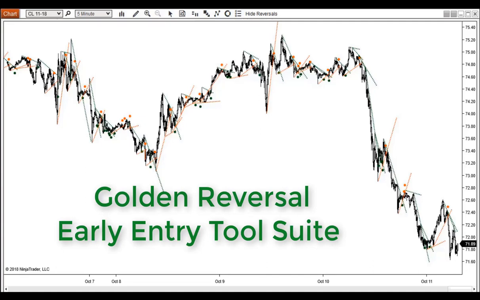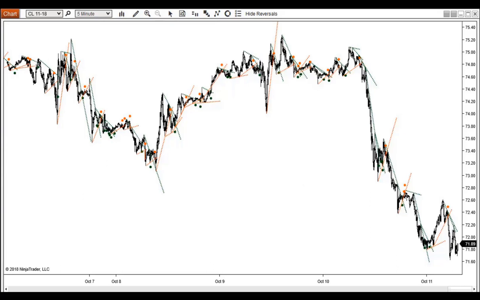Now this is our golden reversal indicator that finds 4 to 6 real-time high probability early entry points a day. So you can have the biggest profit potential with the least amount of risk. Now this is a 5-day overview that shows you how many awesome early entries this gives you without cherry picking